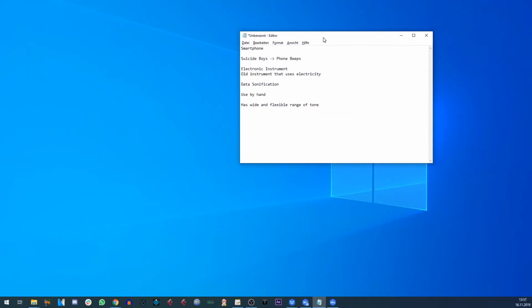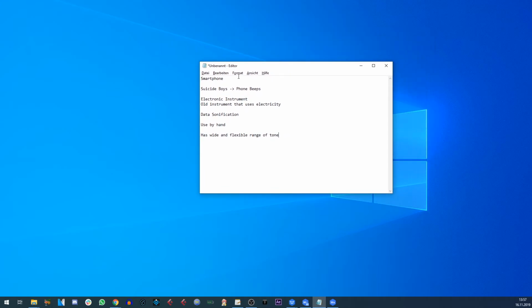So, from what we answered before in the notepad, which one is correct and why is it not correct? Well, an Electrophone isn't a smartphone. It can be a smartphone. Like if you use a smartphone to make music, then yeah, it kind of would be. But the smartphone by itself isn't an Electrophone. A smartphone can be used as an Electrophone if you have a gyroscope in it.